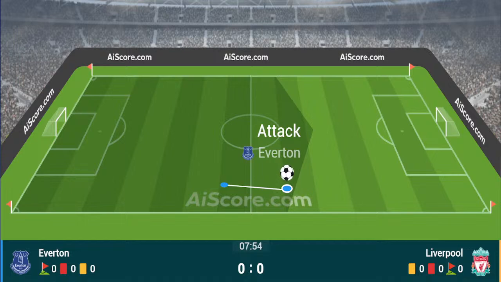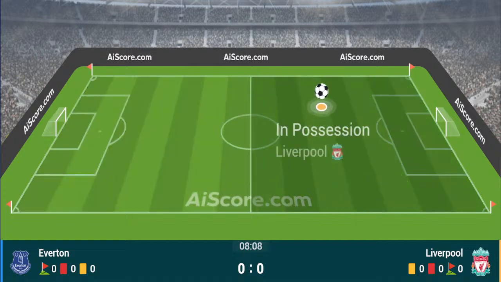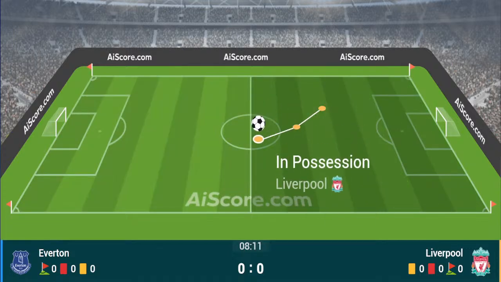and Goodison Park is a pit of nerves right now. Both sides know the significance of this decision one way or another as far as their seasons are concerned. The referee puts the whistle to his lips and has reversed the decision and it's going to be no penalty. And the yellow card that Alisson had originally picked up